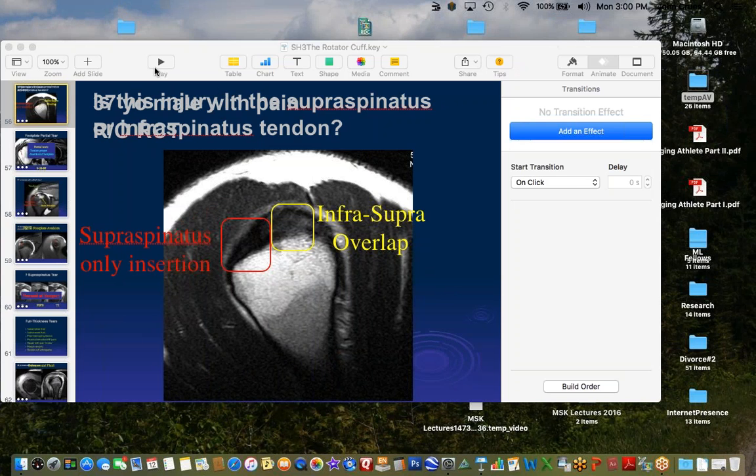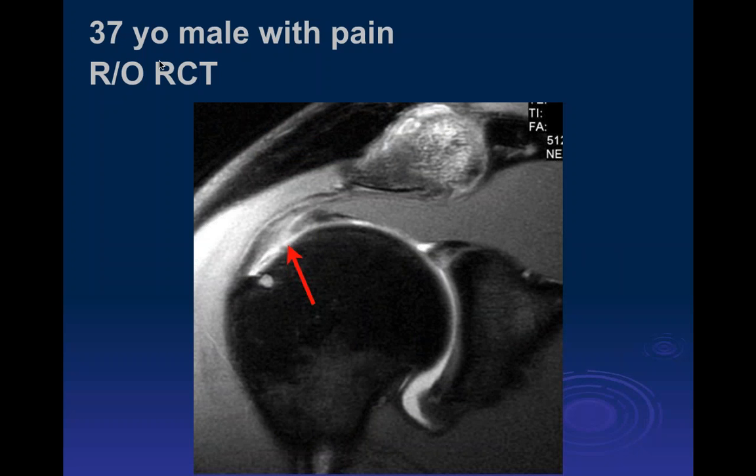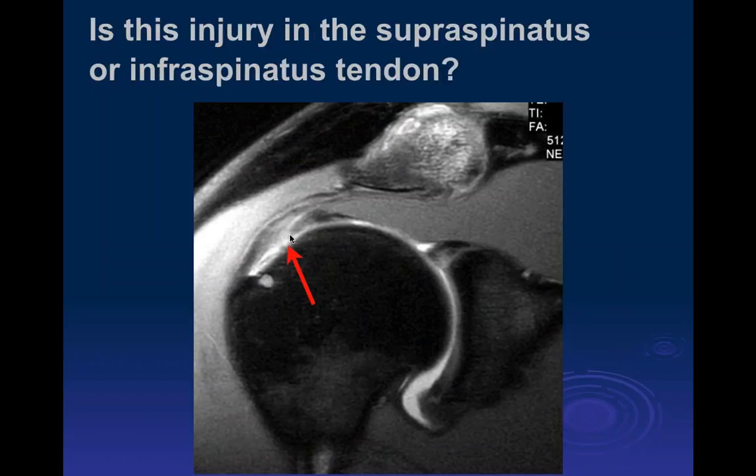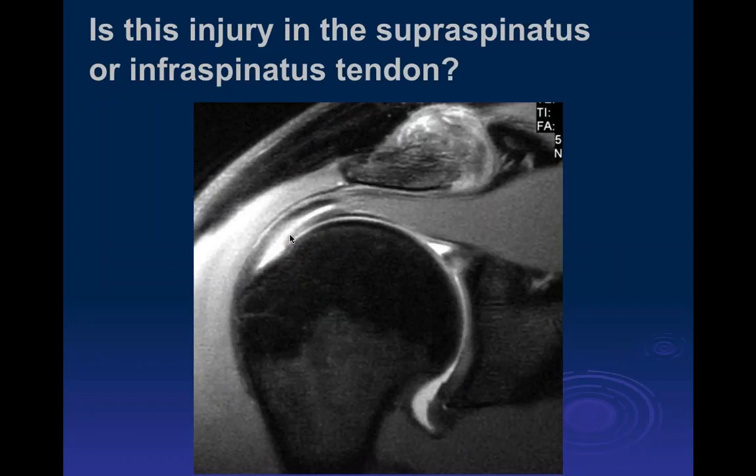So this was the last case we did that we finished on before. And what we can see here, if you remember, this is an arthrogram injection, and we see contrast extending into a partial tear of the supraspinatus tendon. The question is, which tendon is it? If we get multiple cuts, we can see the tear extending to the joint side surface, but extending interstitially longitudinally